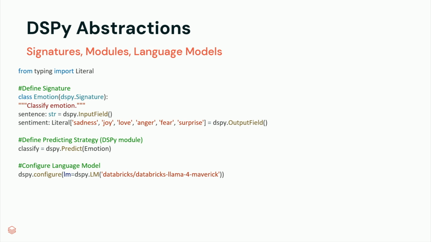And the beautiful thing is that you can change any of these abstractions independently of the other abstractions. So your signature could remain the same, and you can change your prediction strategy to be a chain of thought or a React strategy. You can use a different language model. And DSPy is actually under the hood using what is called an adapter to unfold the signature and actually render